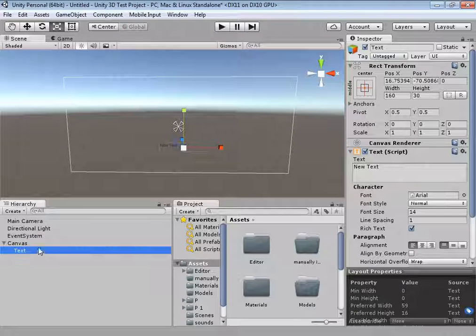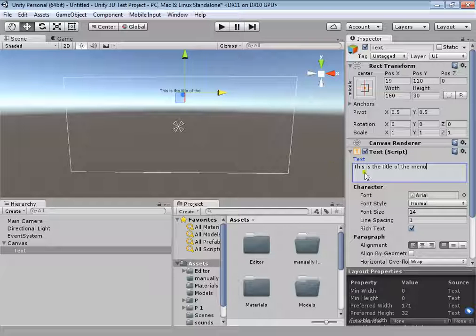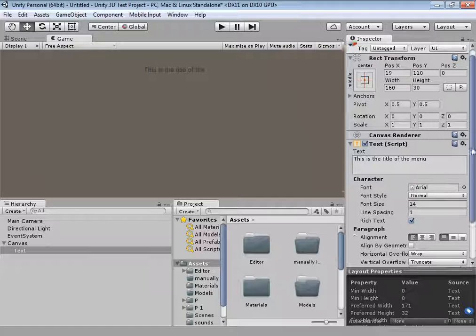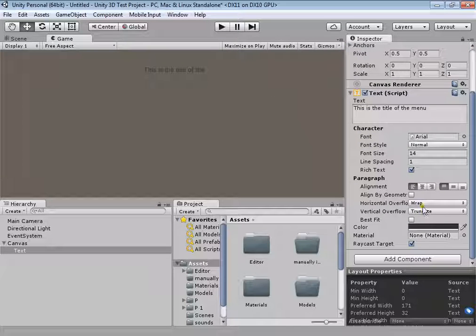Now, let's say you want to make a title in front of the camera, like this is the title of the menu. As you can see here, I've written this is the title of the menu, but in the game it doesn't show the menu. To fix this issue, all you need to do is click on